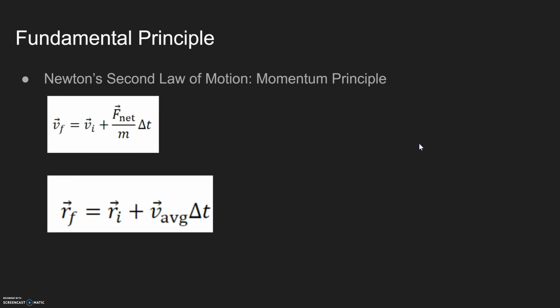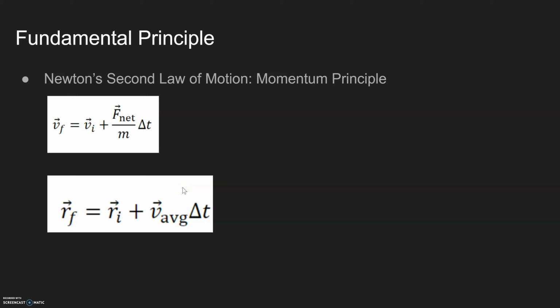Before observing the experiment and creating a coded model, it is necessary to look at the fundamental principle behind this experiment. This experiment relies on Newton's second law of motion, and the reasoning for this is because we are trying to predict the object's motion given the net forces, position, and velocity of the object. The following two equations of Newton's second law will be used to predict the object's position and velocity over time. The final velocity of the object will be calculated through the net forces acting on the object, which would be the gravitational and/or the drag forces. This new velocity will then be used to predict the new position of the object, and this will be repeated